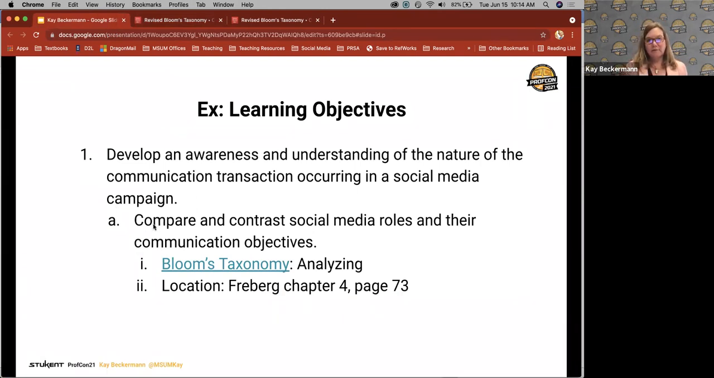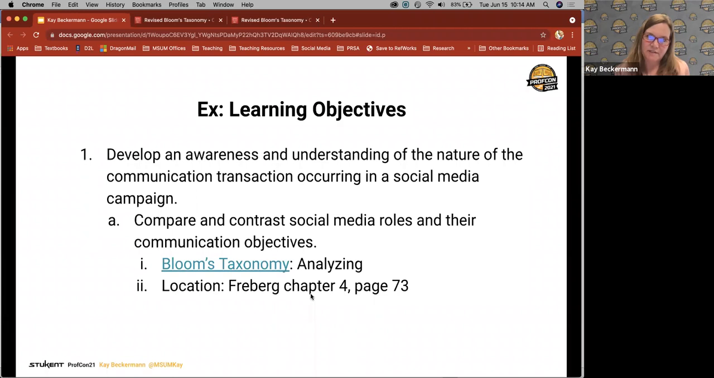And then also with my sub-objectives, I have my Bloom's taxonomy, and then I noted where I found this particular information, because I forget easily where I found things. So for this, I found it in Freeberg, chapter 4, page 73, definition of key social media roles. That helps me as I start creating my lesson plans. I can come here and go, oh yes, that's what I wanted to talk about. So let me show you